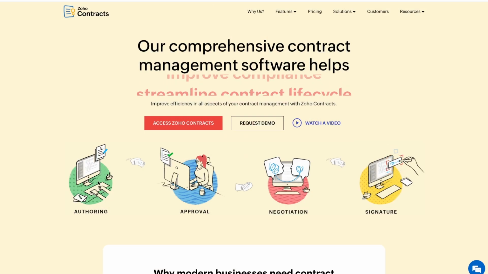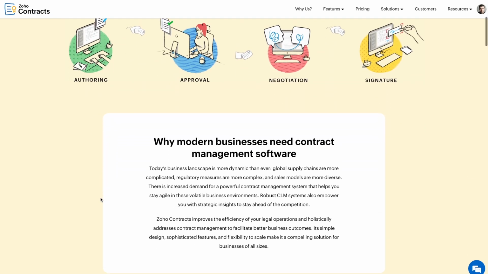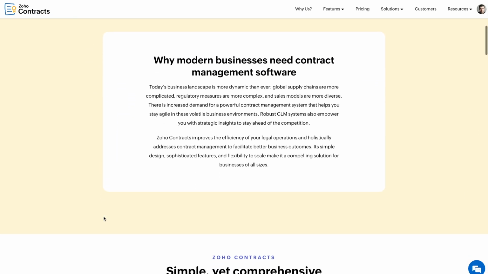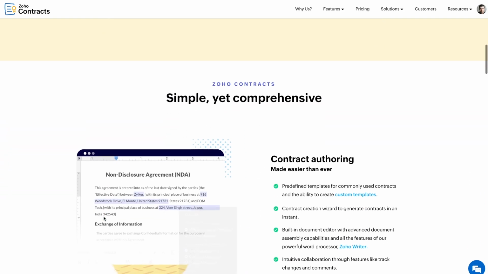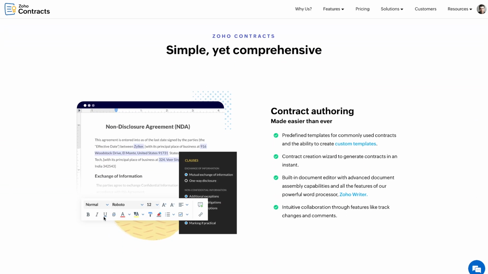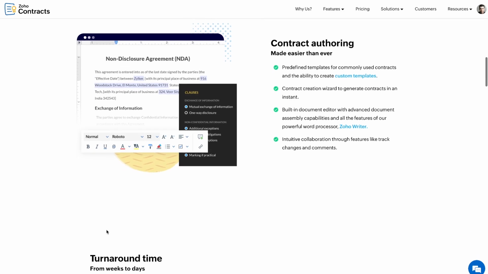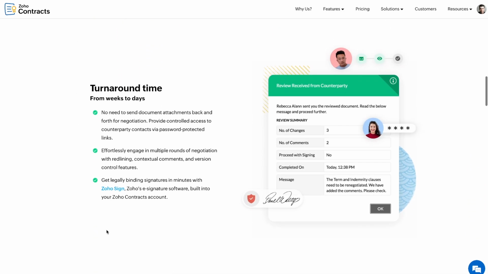If you want a better solution for managing contracts, then you want to check out Zoho Contracts. What's the big difference between Zoho Contracts and, let's say, Zoho Sign? Well, Zoho Sign is going to cover most use cases for most organizations, but sometimes you're sending out a contract and there's a lot of back and forth within the negotiation phase, and you want people to easily highlight the different things that they want to change in the agreement